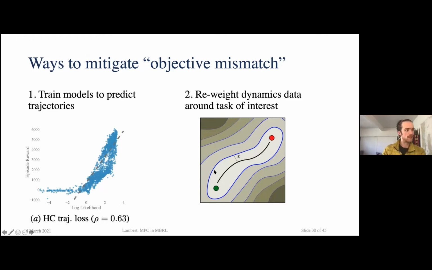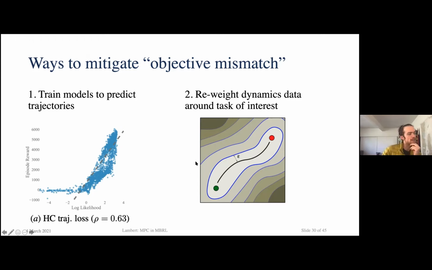Another thing that we did is we know that our data distribution is going to have areas that aren't important. If we gently reweight our model training to be around an expert trajectory, that is to say, when you update the actual loss in your neural network, there's a weight that says how close this batch of data is to the expert data, the performance is actually much more sample efficient,